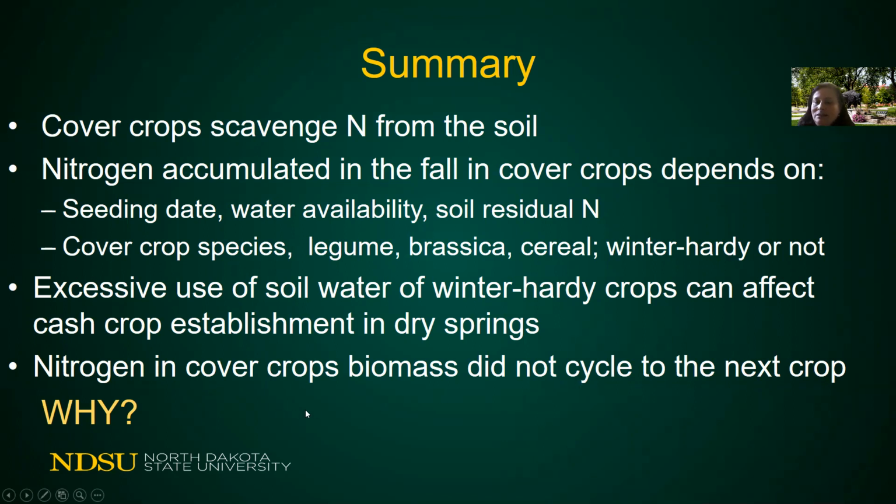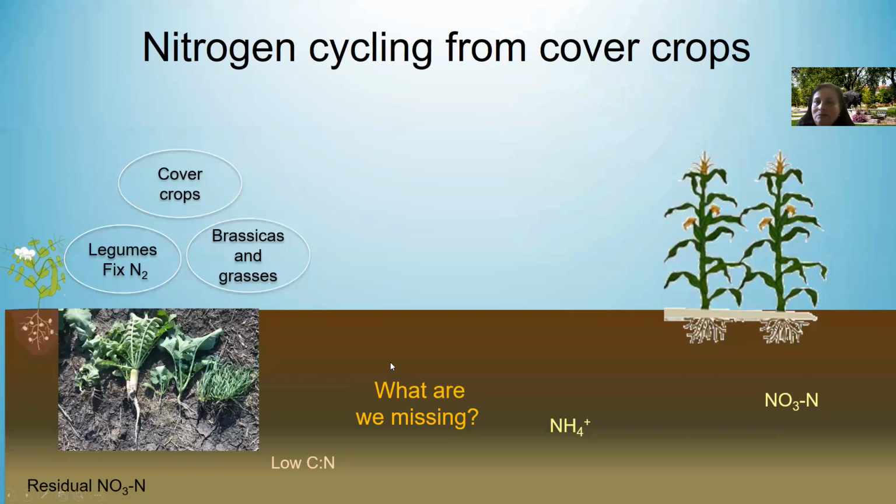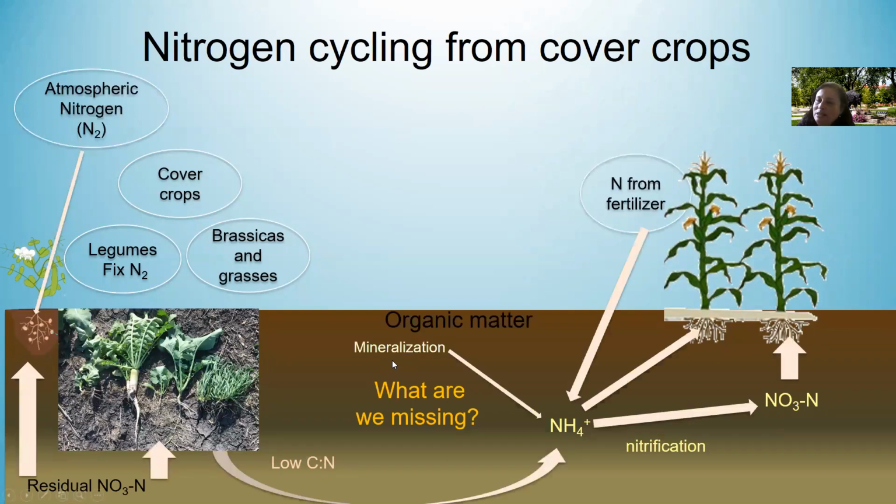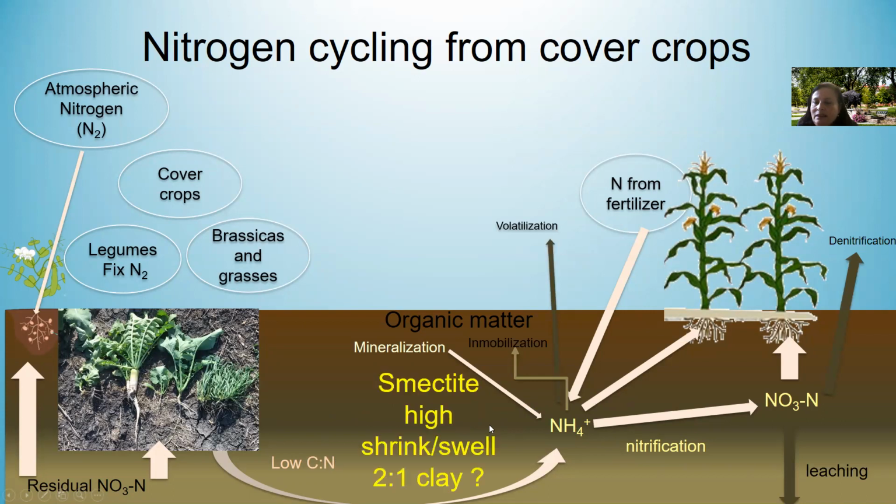Why is that? We really don't know. If you remember the cycle I presented at the beginning, what are we missing on this cycle? This is a typical cycle from any textbook that says that if we have these crops, that nitrogen should be released and plants should be able to use it. But that's not happening, so what are we missing? And Dr. David Franzen from the Soils Department at NDSU is working on several theories, and one of those is